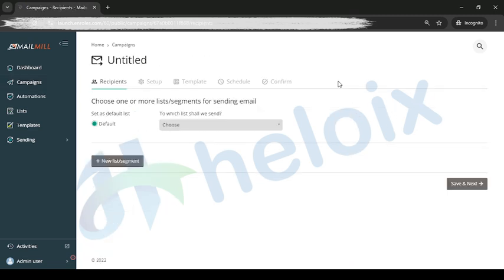After the plain text we have a regular as well, so we can select regular, then the recipients, then we will set up template, scheduler, then we can confirm that. Data is not coming because this is a demo console, we had disabled that feature, I think. So here you can check automations.